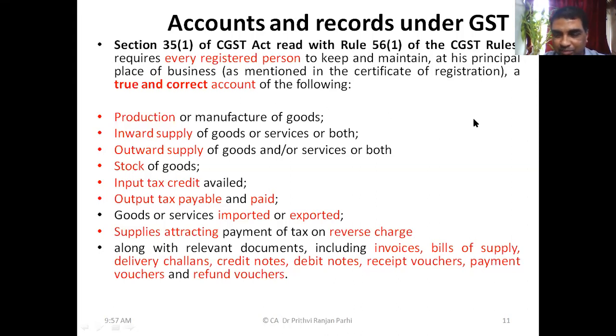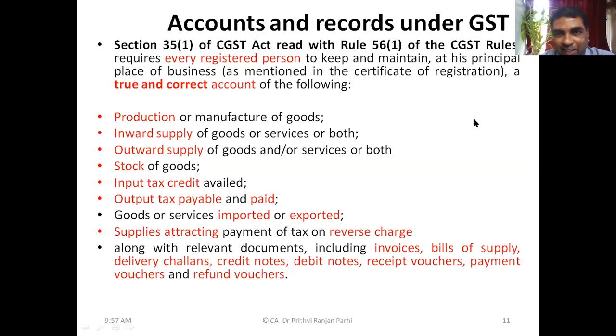Now, who else can say? Well, am I audible to you? Yeah. If someone is responding, it seems true and correct account should be the answer. True and fair, right? So most of us know, and some of you have already answered, that the financial statement is expected to show true and fair view. That is also a legal requirement of company law, and other regulators also insist on that.